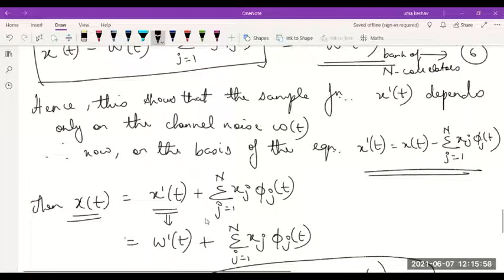And finally, we were able to show that x of t, the received signal, can be written as the summation of each of the signals in each of the correlators plus the noise. If we are able to